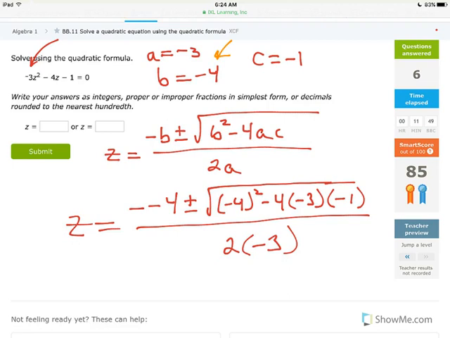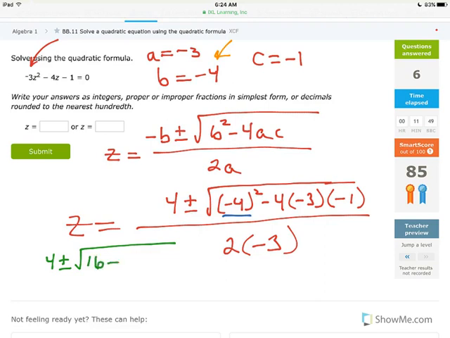So it's going to set up the same, but you're going to really have to watch out for those plus and minus signs. To simplify a little bit, the minus minus 4 at the beginning, we know two minuses in a row is going to be a plus. So you could just say that's going to be 4. When you work out the negative 4 squared, we know that's going to be 16. So let's see if we can squeeze this in here. It's going to be 4 plus or minus the square root, and the negative 4 squared, a negative times a negative is a positive, so that's going to be 16